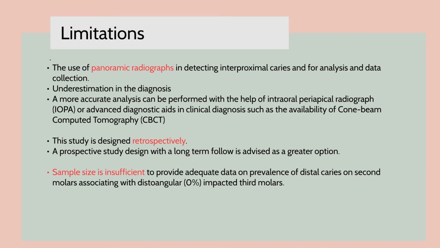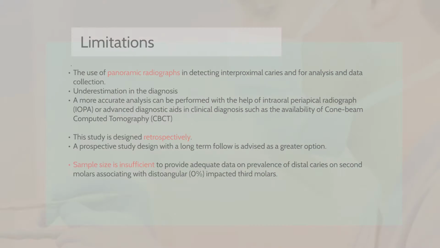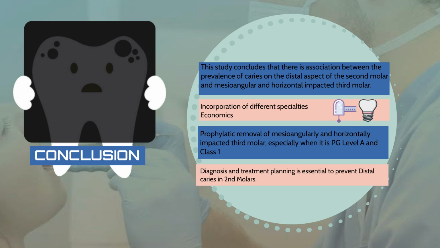This study is designed retrospectively. A prospective study design with a long-term follow-up can be advised as a better option. Lastly, our sample size is also insufficient to provide adequate data on prevalence of distal caries in relation to distal angular impacted third molars. Conclusion, this study shows that there is an association between distal caries and mesioangular and horizontal